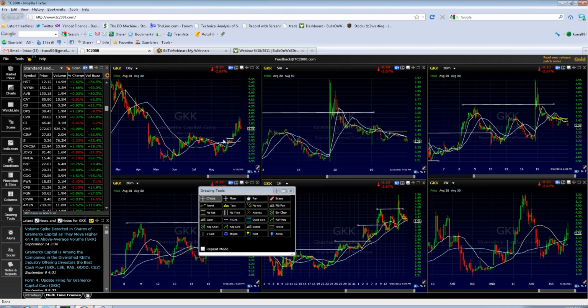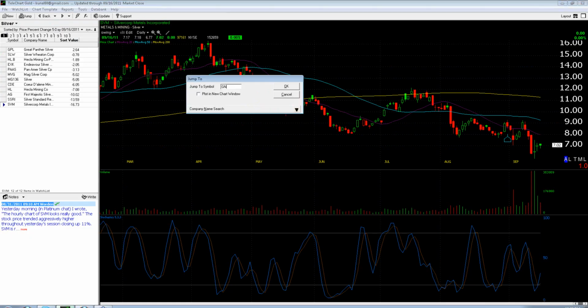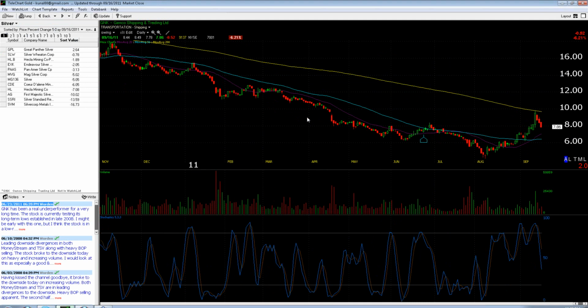Regardless, one of the things that you're doing when you're looking at targets is looking for areas of supply. Where can a supply of shares come on a stock and slow it down? Typically, the most obvious ones are moving averages, and you'll see a lot of stocks fade at major moving averages, right? We buy the breaks of them. We don't buy under them